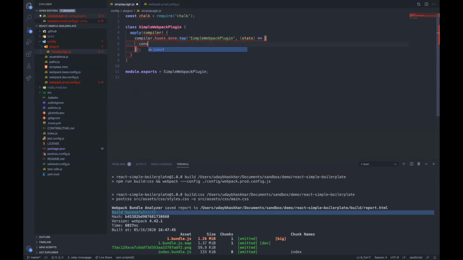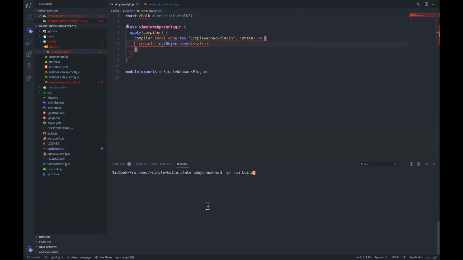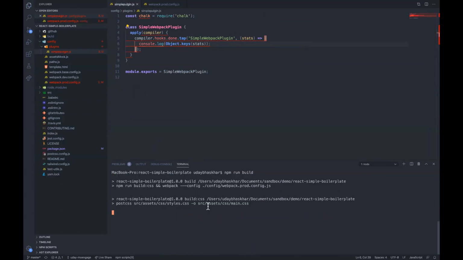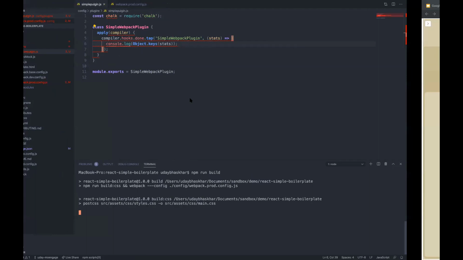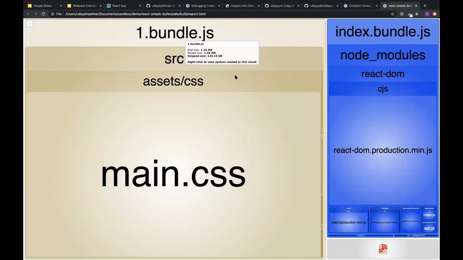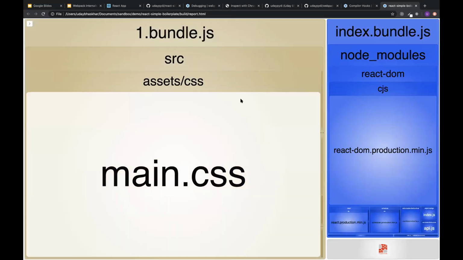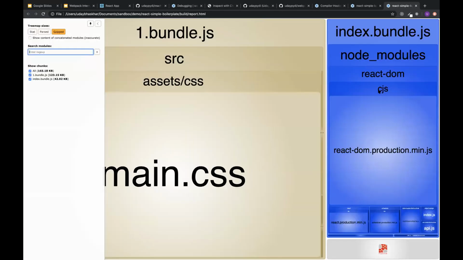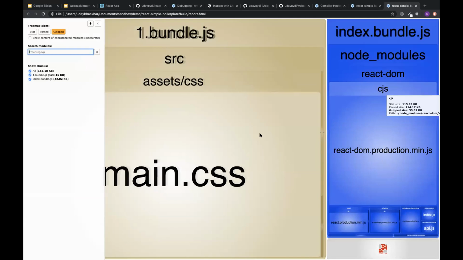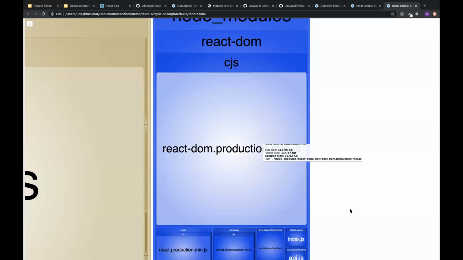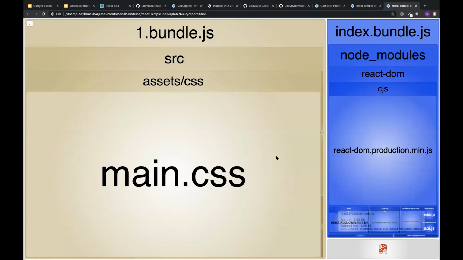Now let's see what console.log of stats gives, what actually stats is. Stats is an object which gives you... Okay, meanwhile we can see this. Every chunk has a template kind of thing. So whatever architectural diagrams you see for Webpack, they show a very similar thing.